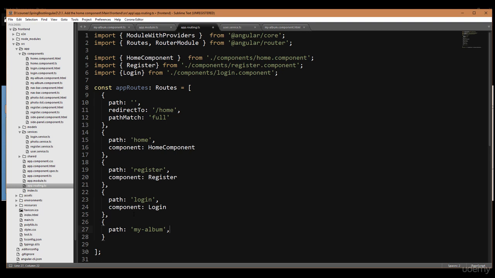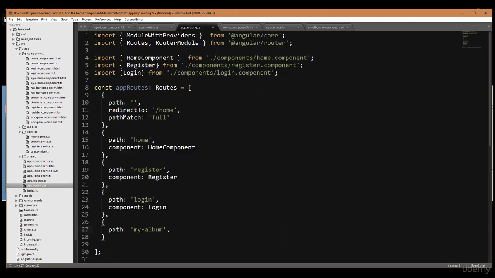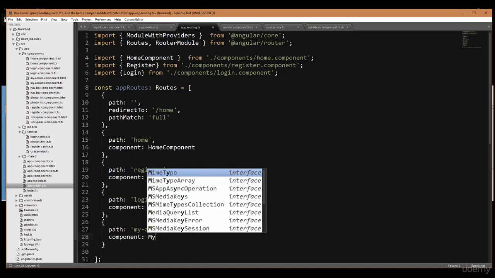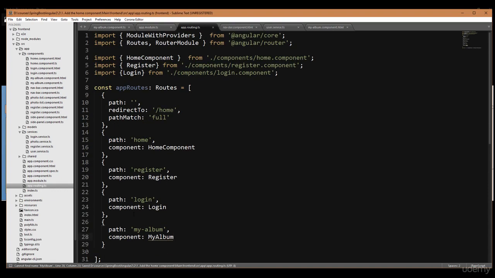Okay, so if you want to take a look at that, we have the router link here: home, My Album, register, and login. All right. So we have component, MyAlbumComponent. So once we have that,